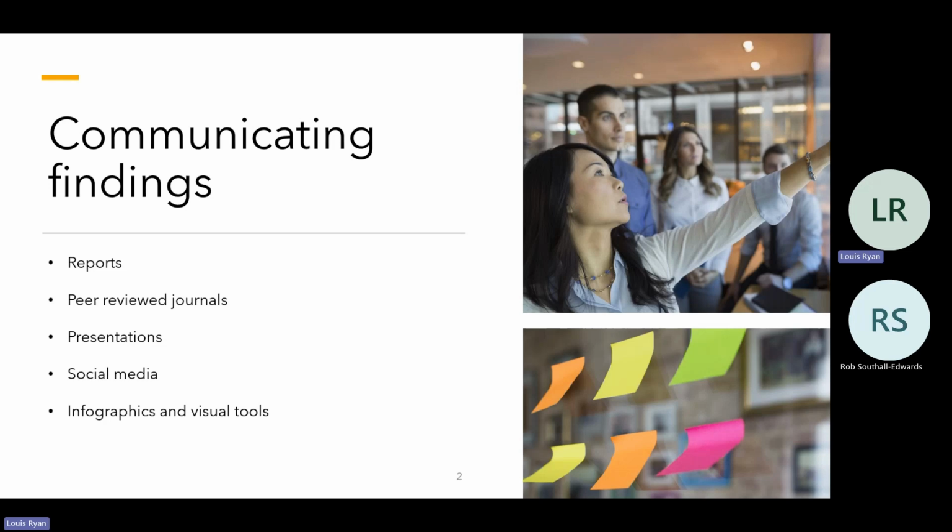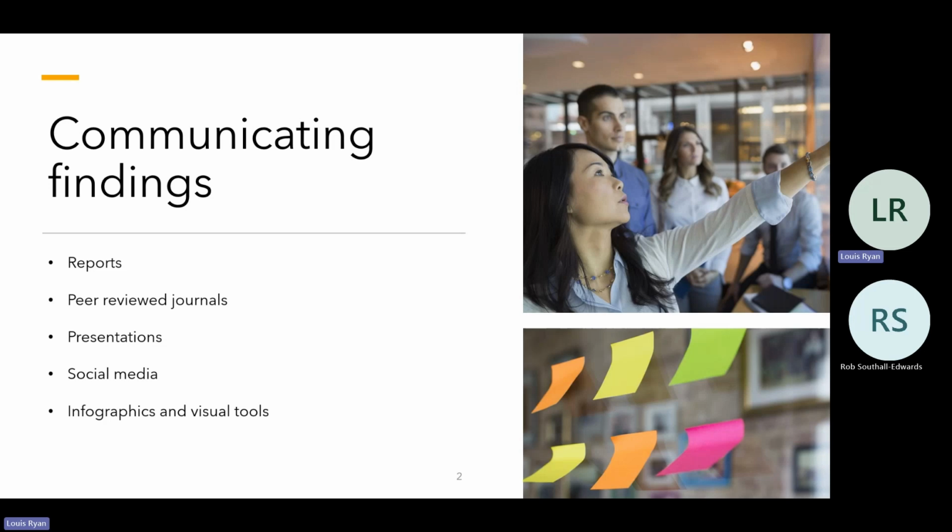Through reports, whether it's a short, easy to access report or a longer academic report with greater findings, peer-reviewed journals, where people will look to publish their findings, and presentations. This is very common, whether it's meetings, group projects, away days, or back in your days as a student, presenting the findings back, an opportunity for people to discuss.